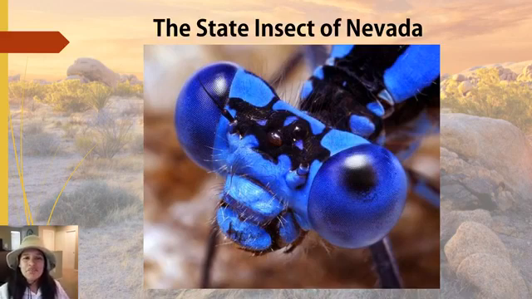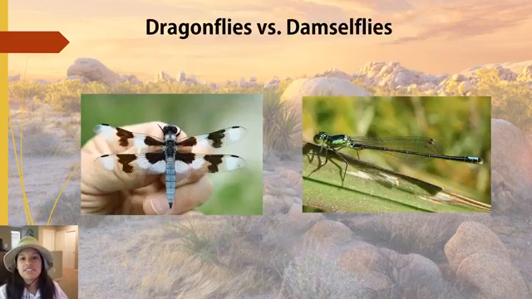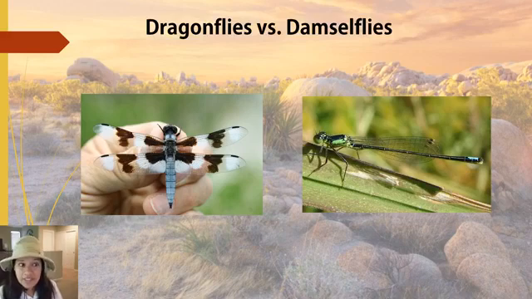And you may have heard of dragonflies, but maybe you've never heard of a damselfly. So let me give you the cross comparison so you'll be able to tell the difference. On the left-hand side, I have a dragonfly picture. On the right-hand side, I have a damselfly. So the easiest way to tell the difference is the dragonflies are much larger, bigger than 2 or 3 inches,